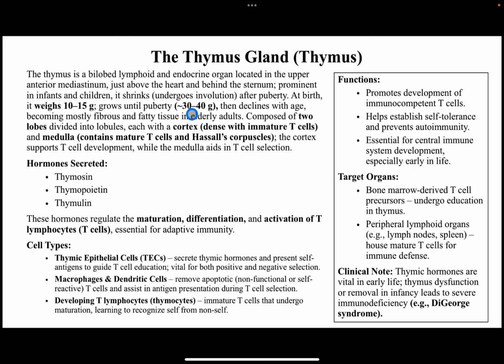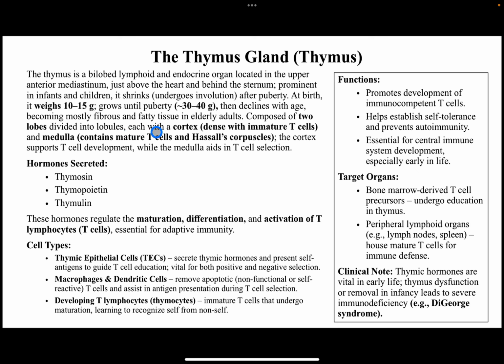So until puberty, it grows to about 30 to 40 grams. Then it begins to decline as you age beyond puberty. It begins to decline to the point that it fuses to form parts of your fibrous and fatty tissues, especially in elderly adults. Now, this gland is composed of two lobes, just as I explained earlier, and is divided into